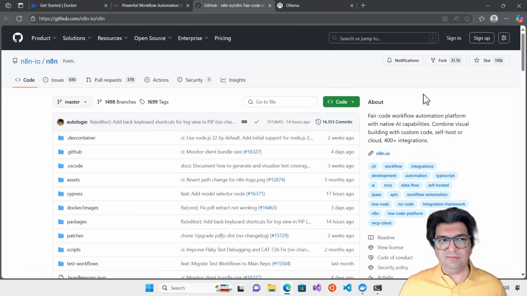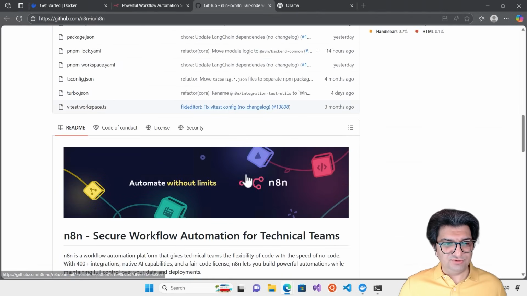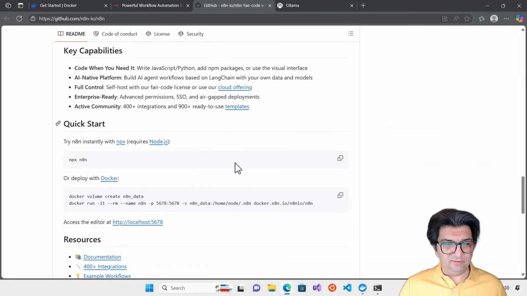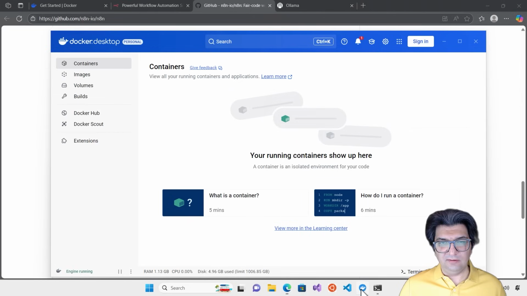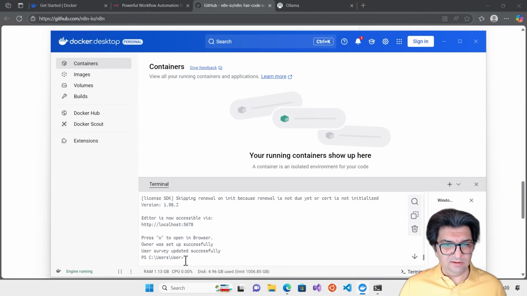This is the repository from the N8N for the community version. So you can scroll down, and from there you can find deployment code for the Docker. So I just copy the code here and I come back to the Docker desktop. Here in the Docker desktop you can find the terminal here. So you click on the terminal, and here you just paste your code